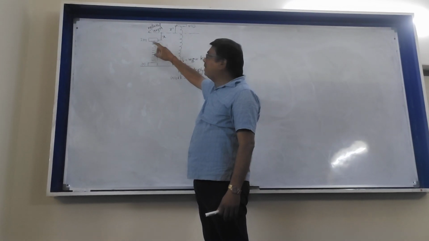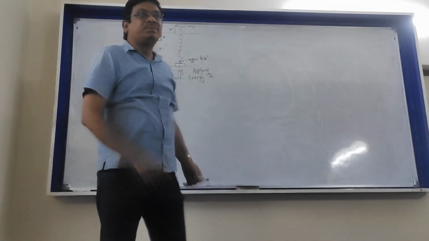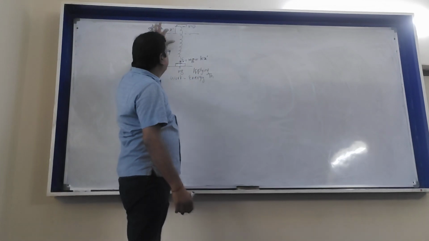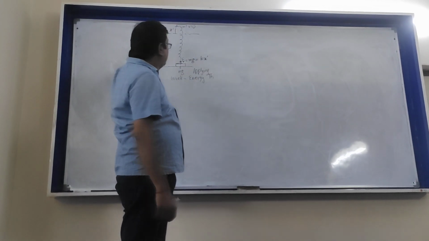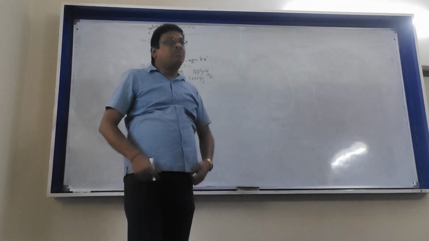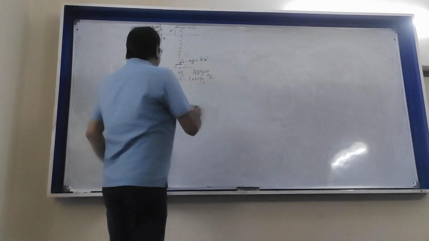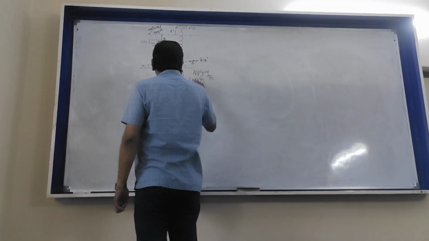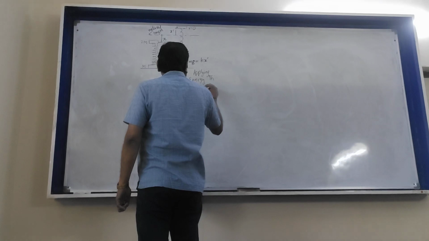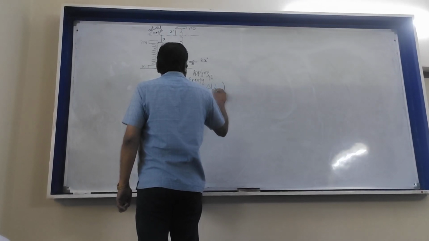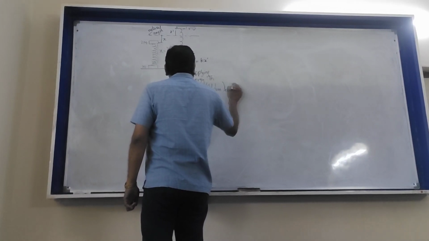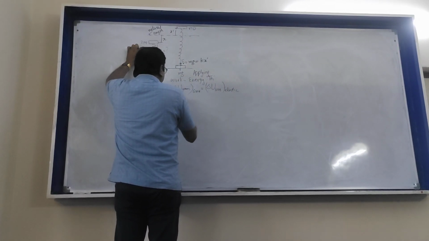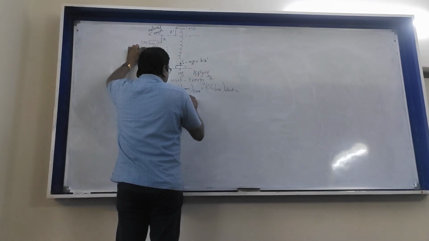So there is a gain and loss of potential energies: elastic potential energy in the spring and gravitational potential energy in the block. Since the block has gone up, its potential energy has increased. So the increase in gravitational potential energy of the block, that is mgh, should be equated to the loss in elastic potential energy of the spring. So I'll write it here. So gain in gravitational potential energy should be equal to loss in elastic potential energy, because anyway there is no change in kinetic energy. So here it will be mass is 2m, so mass into g into h. H is